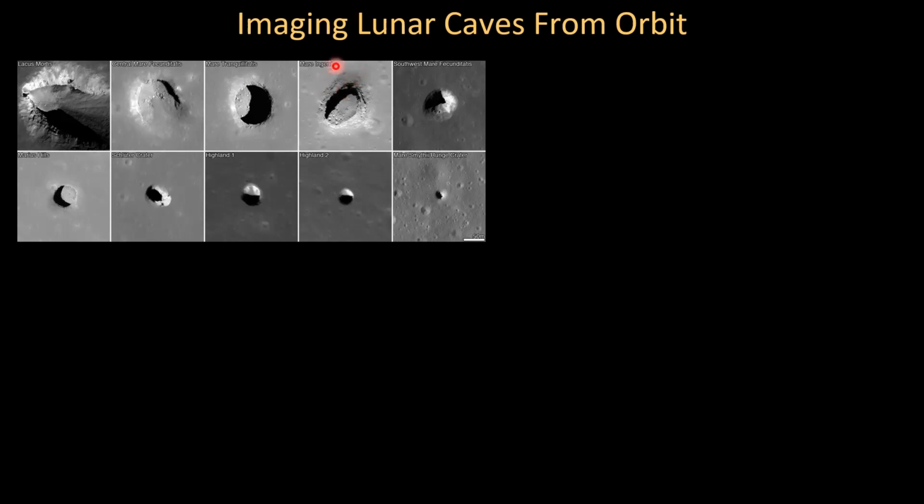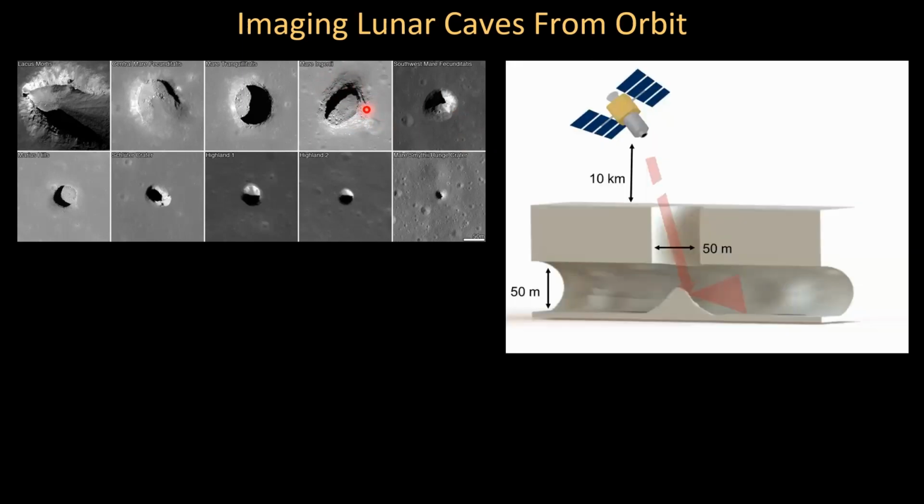So you could inflate a tent just to keep the oxygen in there and live there for extended amounts of time. The problem is, how do you explore those? There are about 200 of those that have been discovered. You clearly don't want to send a rover into one of them just to find that the entrance is collapsed or something, and then be stuck there. So NASA is interested in surveying all of these to find a good site for a landing. The idea was, we can use this non-line-of-sight imaging system from a satellite that would orbit the moon at a very low orbit, about as low as you can go, to image into the cave and basically see around the corner to see whether there is anything worth exploring in there.